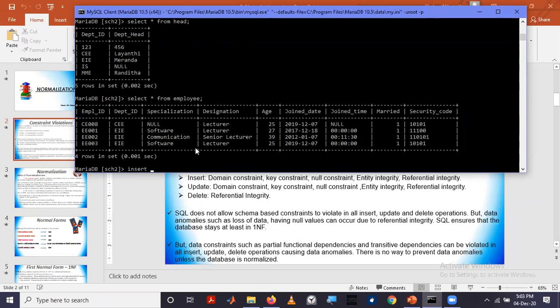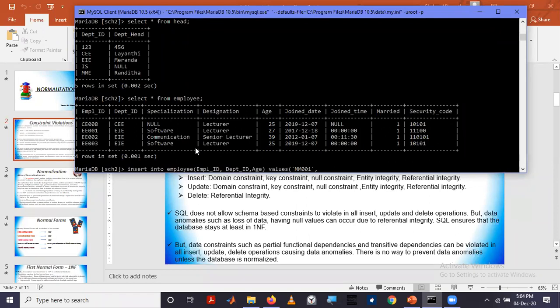So insert into employee, I'm going to insert employee ID, department ID, and age values. For the employee ID, I will say MM001.